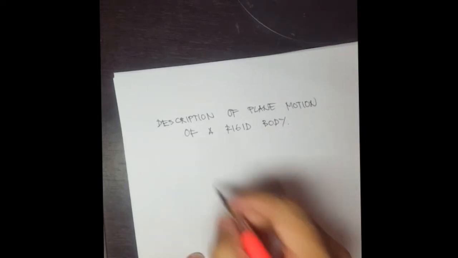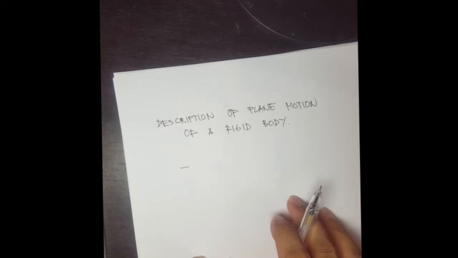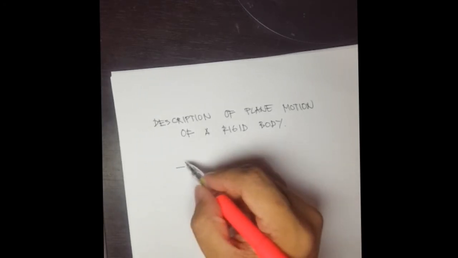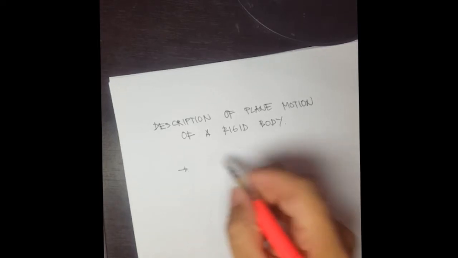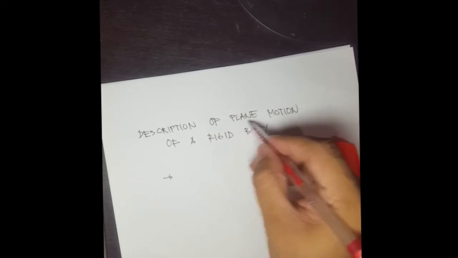Right, so we already defined what a rigid body is, and recall that when the body undergoes a motion or when a force is applied to it, the distances between the points in itself and the angles between the points don't change. So let's now describe if this rigid body undergoes a plane motion. Take note of the word plane motion, because